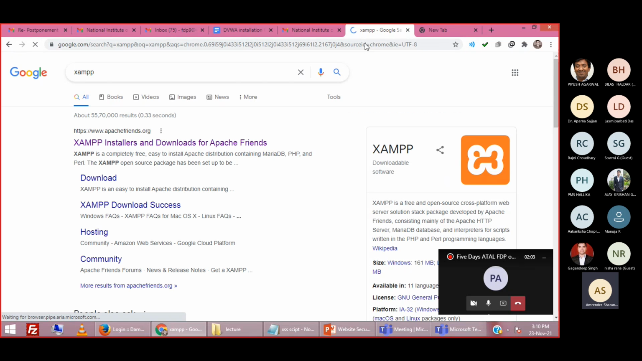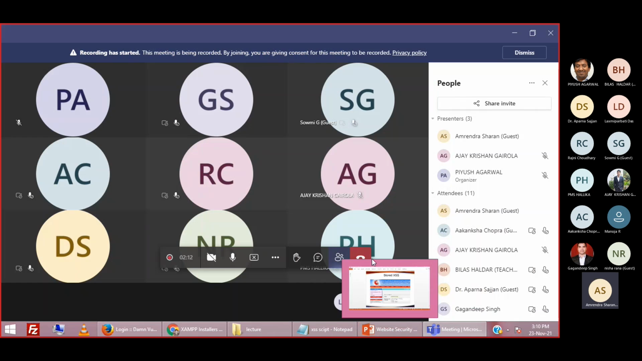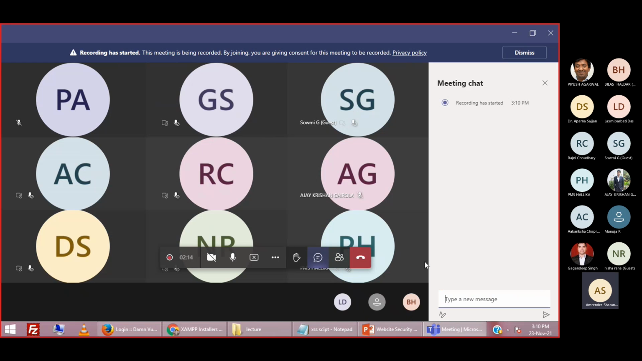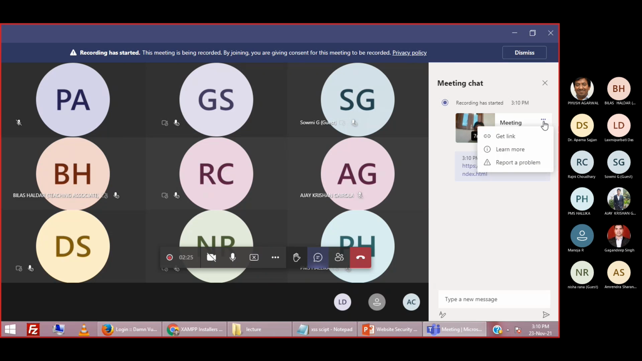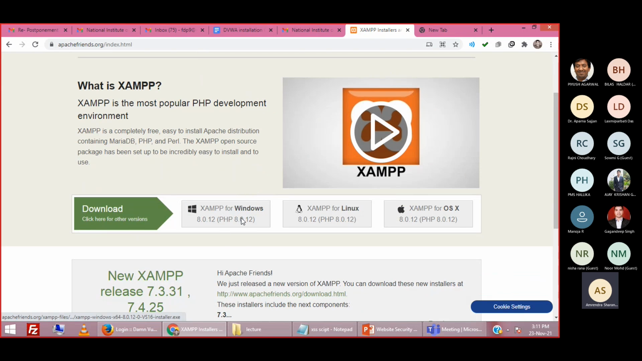If you have not installed it, just search for XAMPP. This is the official website of XAMPP to download, Apache Friends. Let me write it in the chat box if you want to do it parallelly, side by side. So once you visit this website,